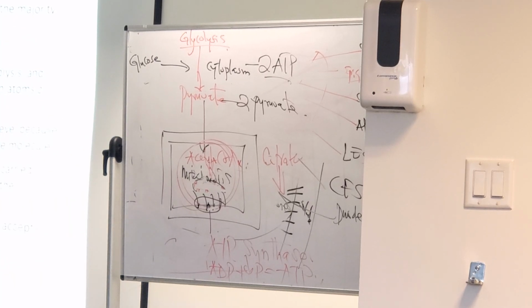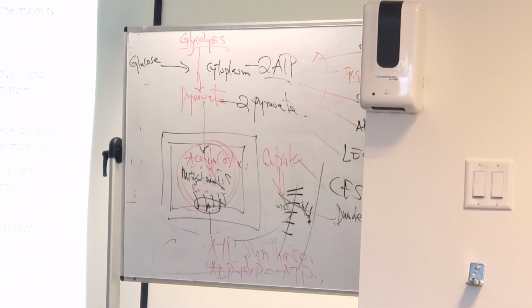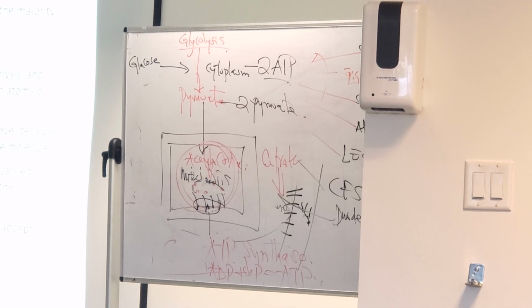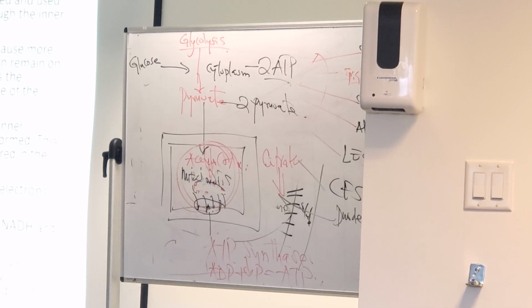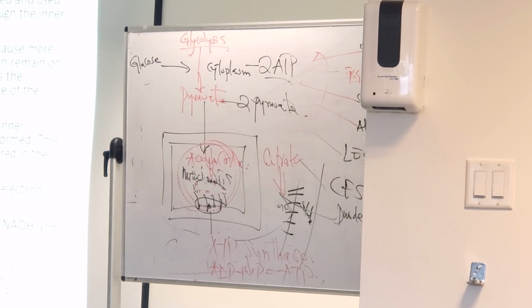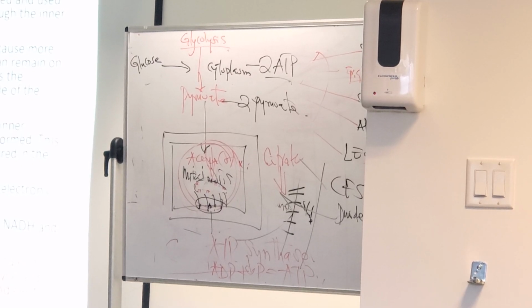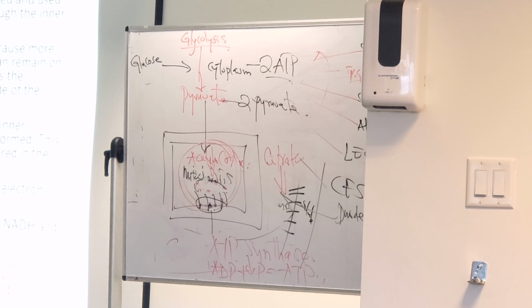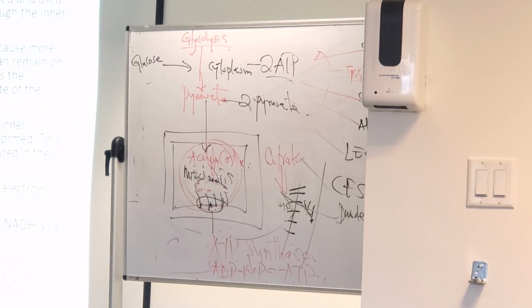Interestingly, this produces the largest amount of ATP. 22 molecules of ATP are produced. So in the end, glycolysis produces how many? 2. Krebs cycle produces how many? 14. And then